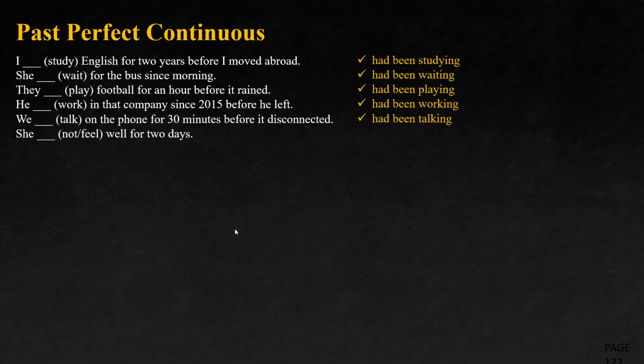What? Repeat again, I couldn't get it. She hadn't been feeling well for 2 days.